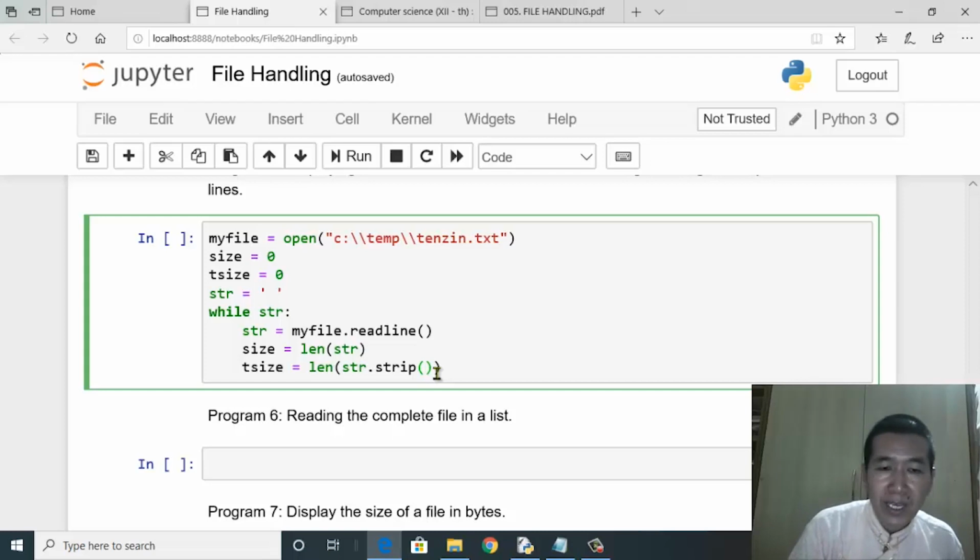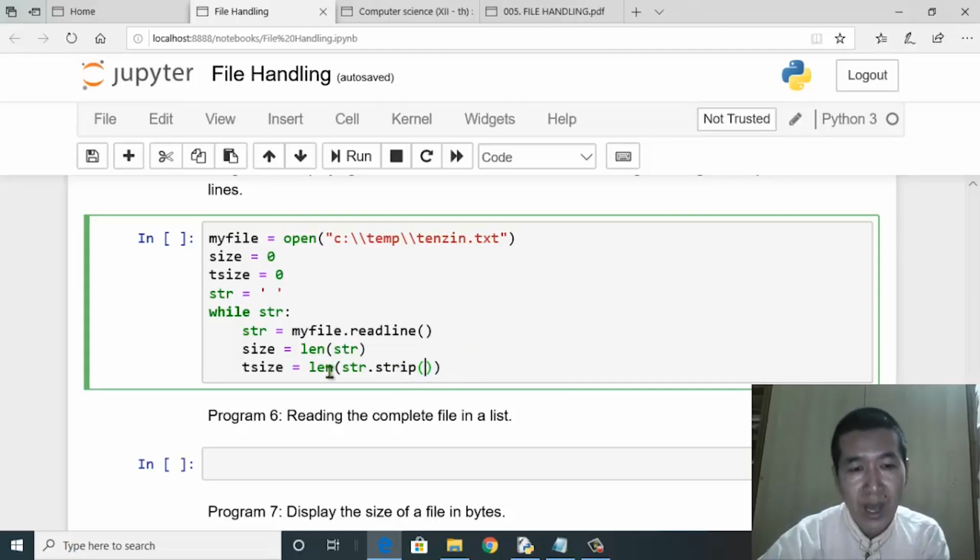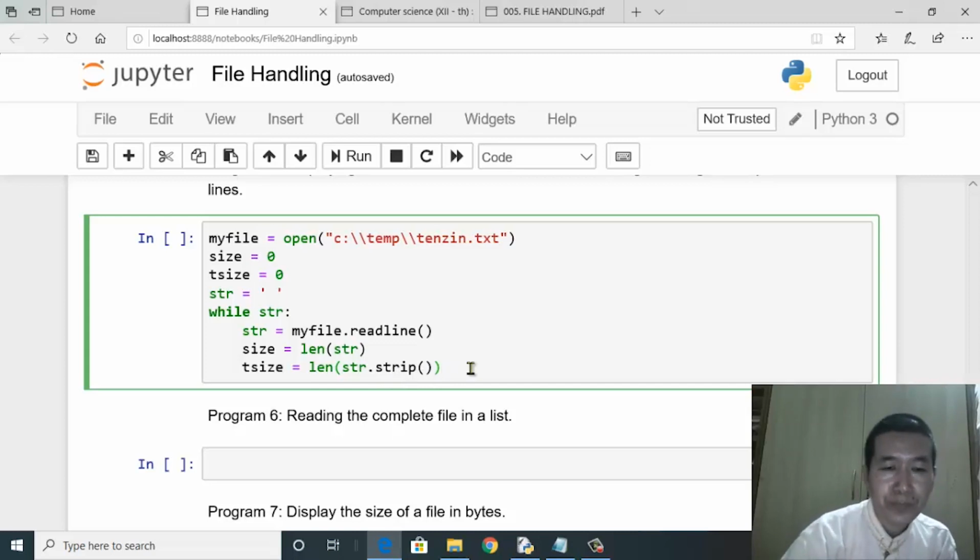Only the leading and the trailing ones will be stripped, and then len function will count the number of characters. So as per our example, I hope you remember I have entered 2 leading spaces in the front. So this strip function will remove or strip those 2 leading spaces. Once they are removed, len function will now carry out with the counting, which means it will be 2 less. And then we'll move on.